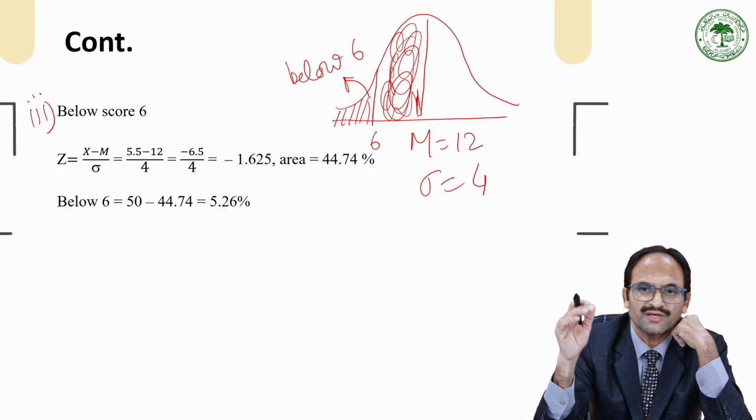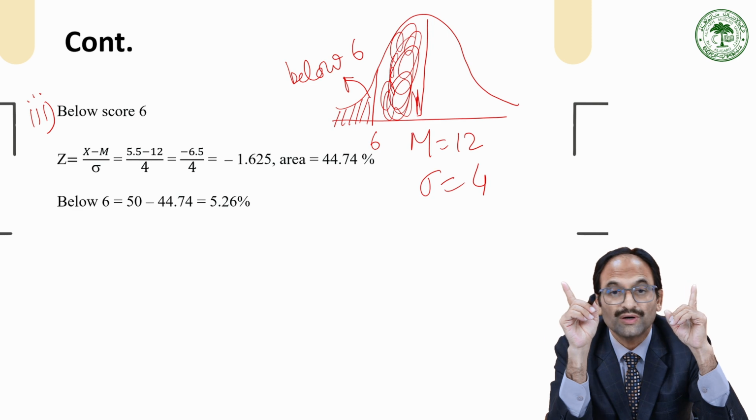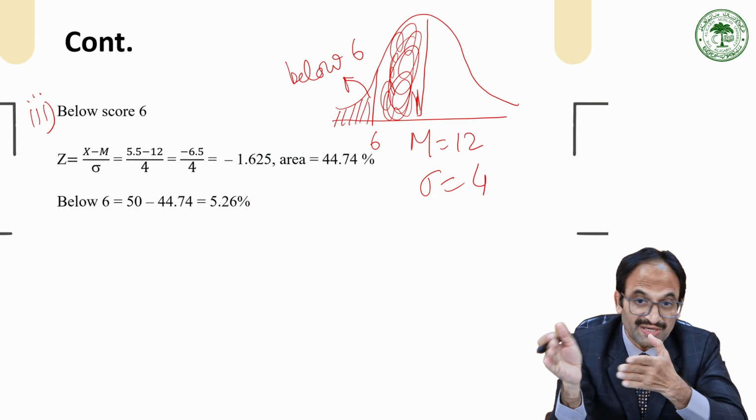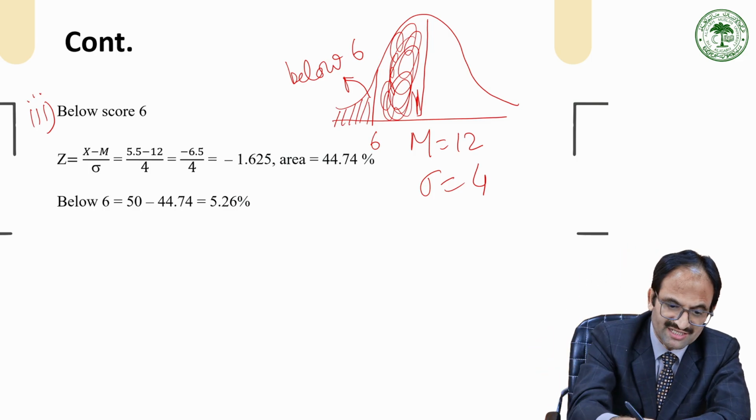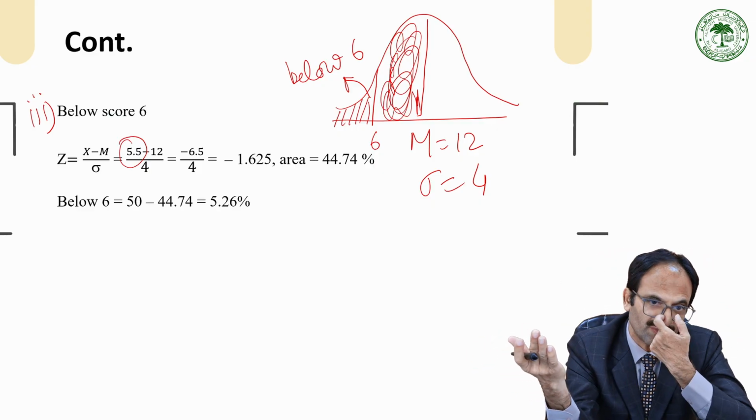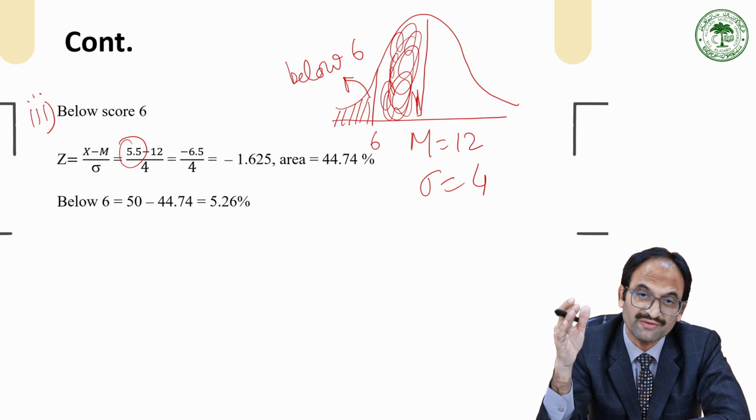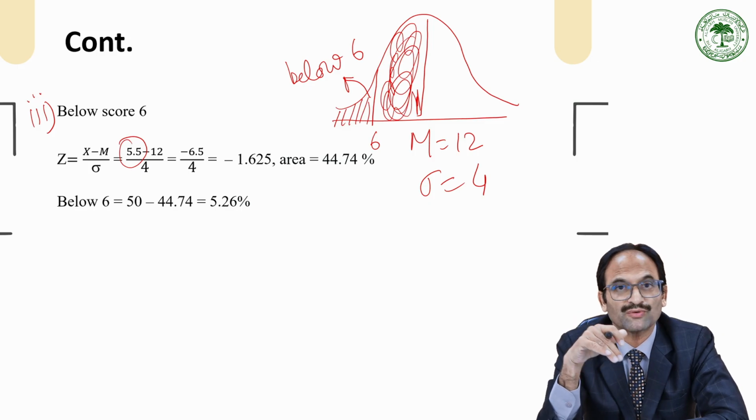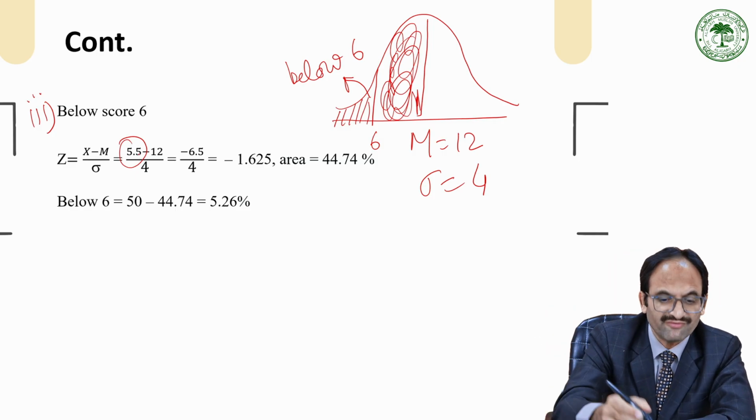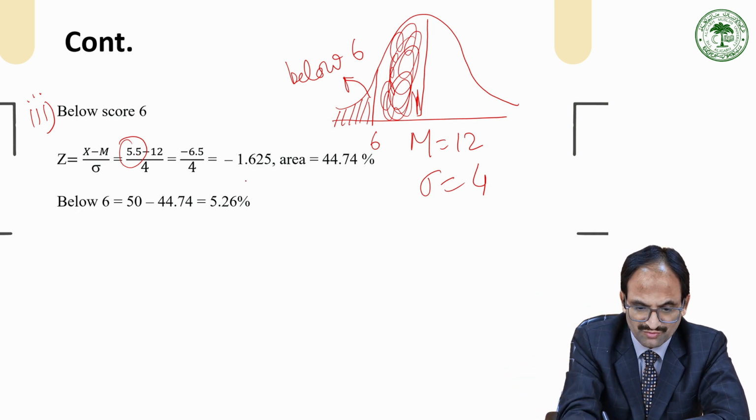So first calculate the Z score for 6, and don't forget to subtract 0.5, because in this particular case we are moving towards below score. So instead of taking 6, we will take 5.5. The rest of the formula, that is Z is equal to x minus m upon sigma, will be the same. But in the previous case, since we were interested in above score, we added 0.5. Here we are going below that particular score, so you have to subtract 0.5. So 5.5 minus 12 upon 4, you will simplify it. So finally you will get